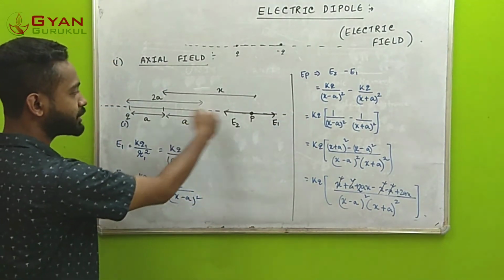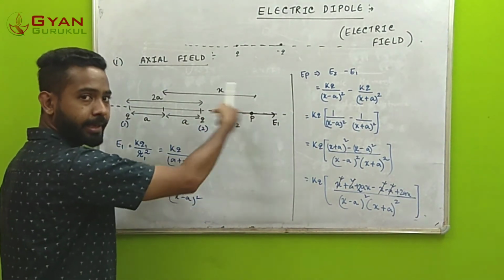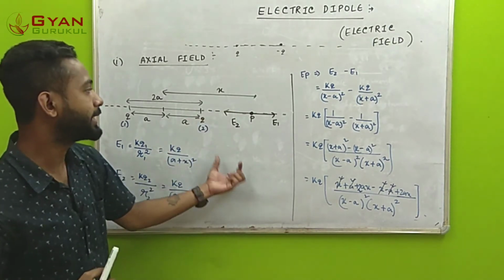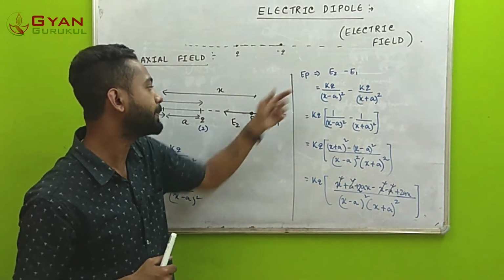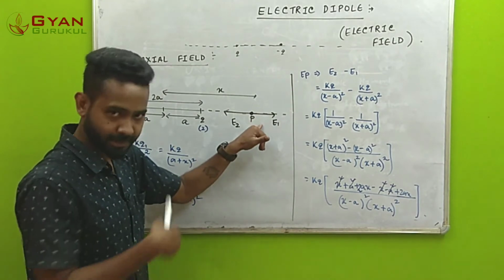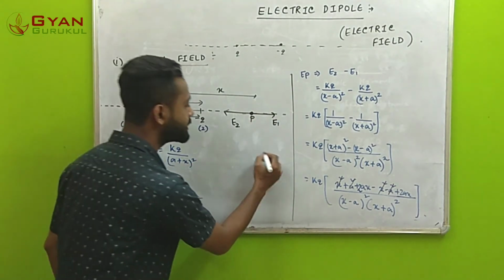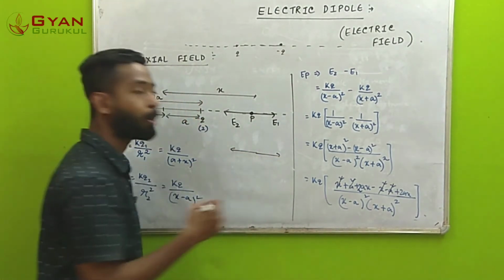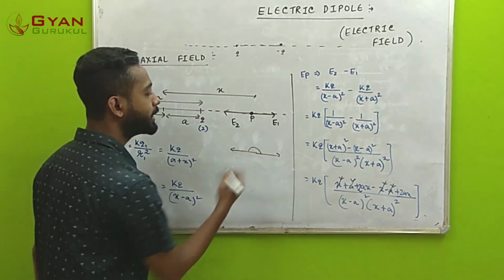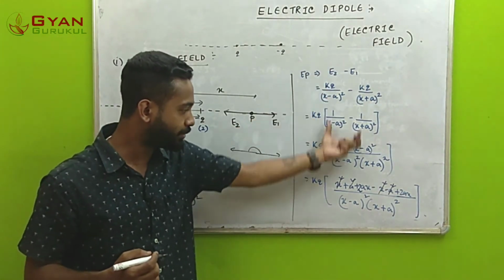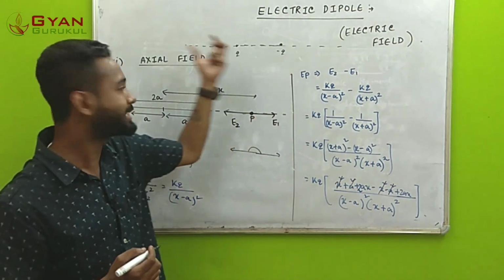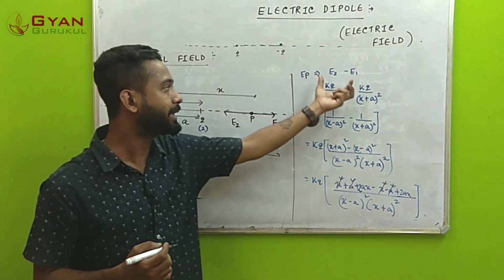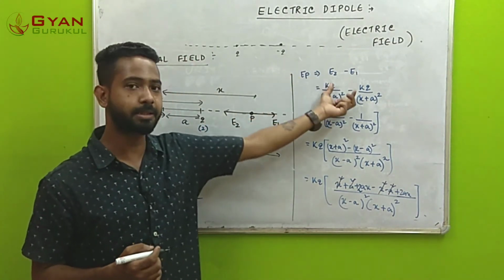E2, because for a negative charge, the field would be radially inward, so it would be in the left-hand side direction. So the net electric field at this particular point would be given by how? By subtracting one from the other, because the two fields are in opposite directions to each other, right? So in order to get the net electric field at EP, which would be the axial field that we finally find out, that will be given by the bigger field minus the smaller field.